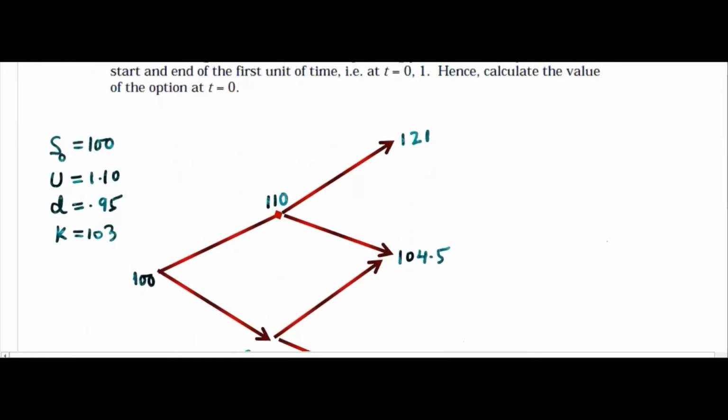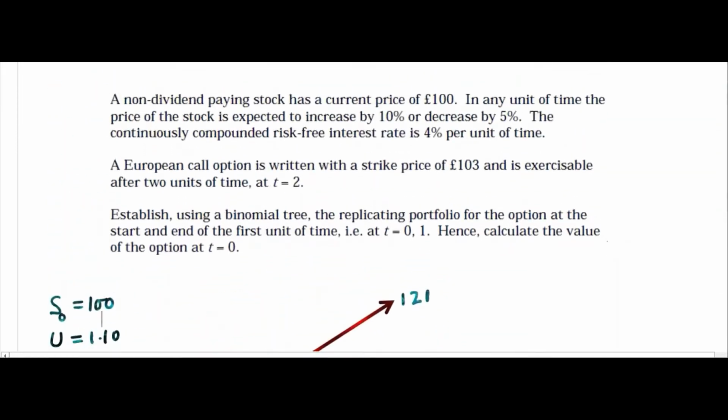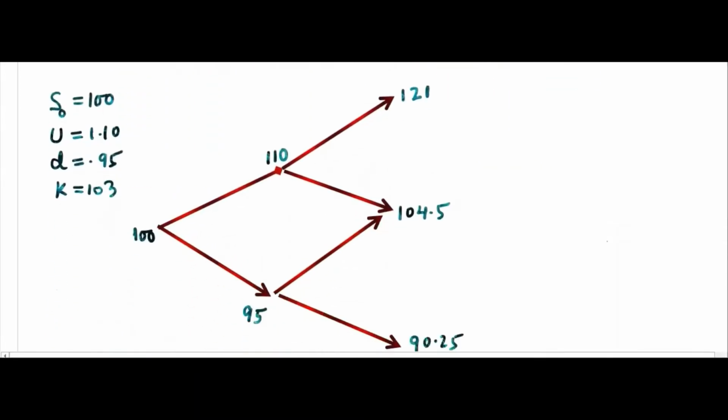Now you can apply the formula. It's a recombining binomial tree, or directly also you can do it if you want. But the important thing is, you have to establish a portfolio, right? You need to solve two equations and you will get one here and then one here. Okay, we'll do that. Then we'll see the opposite way. So one by one.